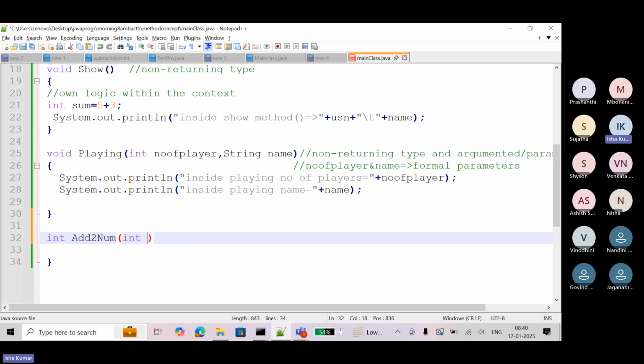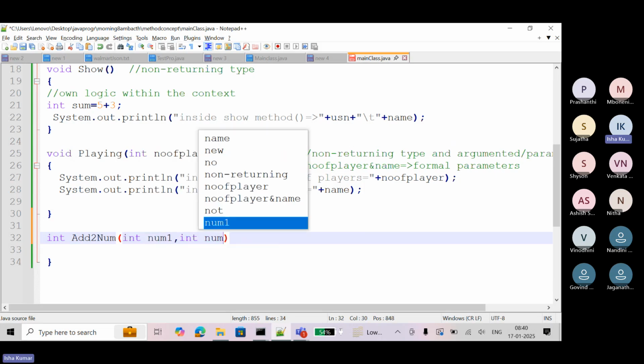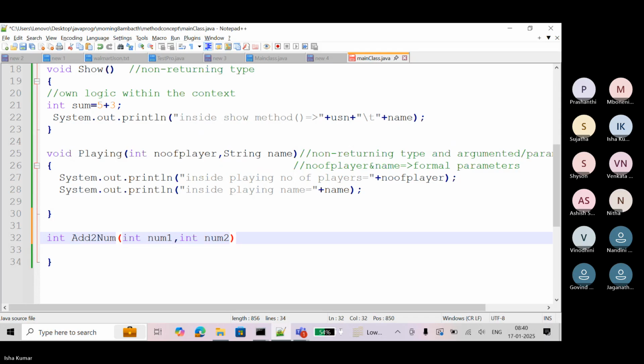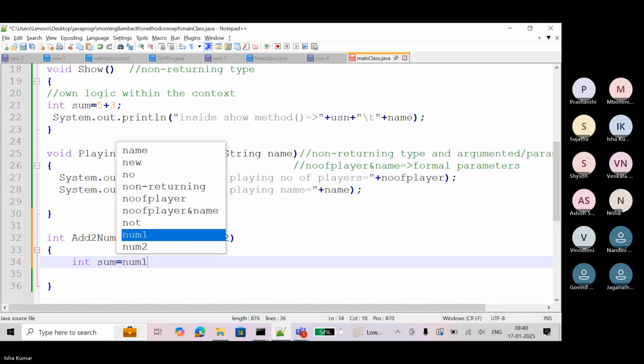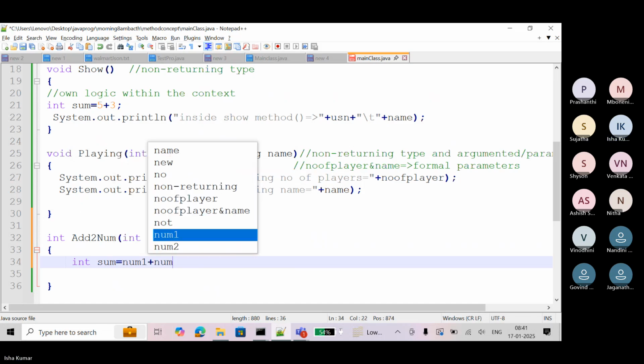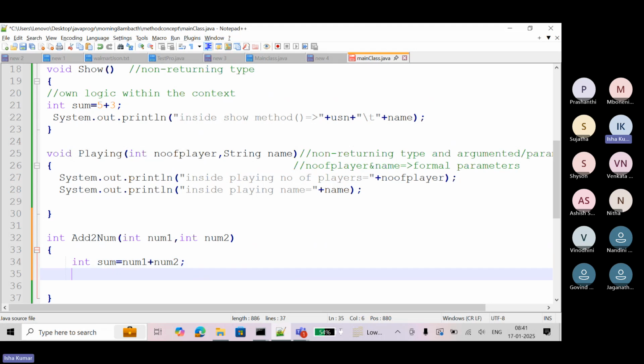So I'm writing int num1, int num2. Here, what I will do: int sum equal to num1 plus num2, and here I will write return because it should return integer type.